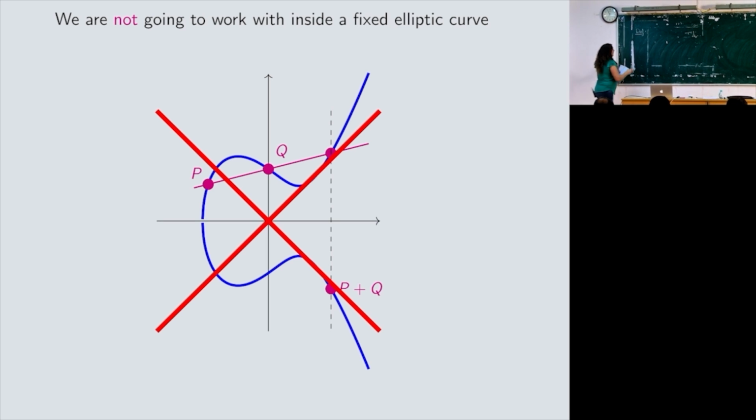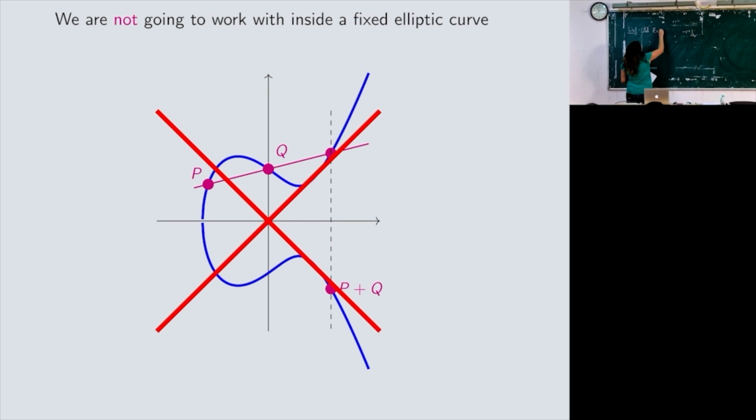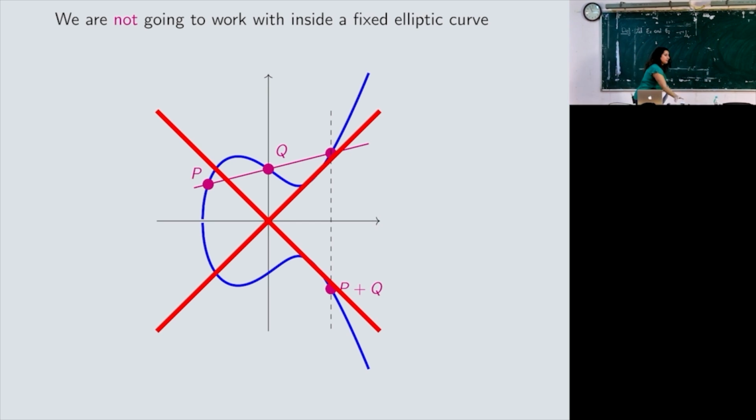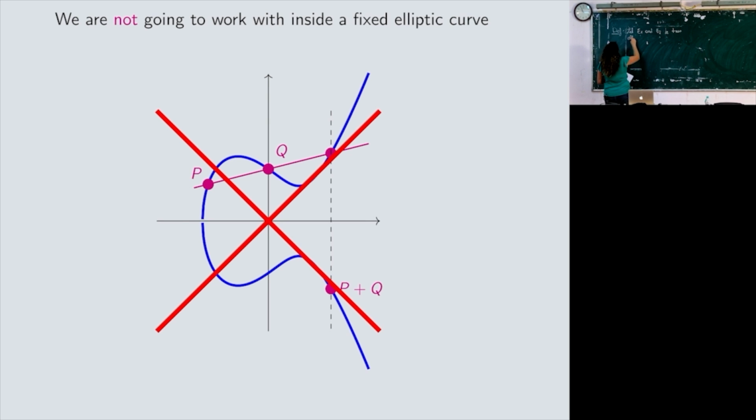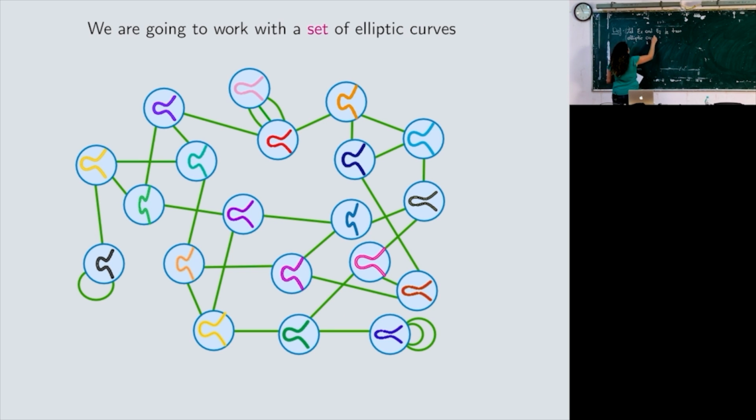Definition: let E1 and E2 be two elliptic curves defined over a field K. An isogeny, normally denoted by phi, from E1 to E2 is a non-constant